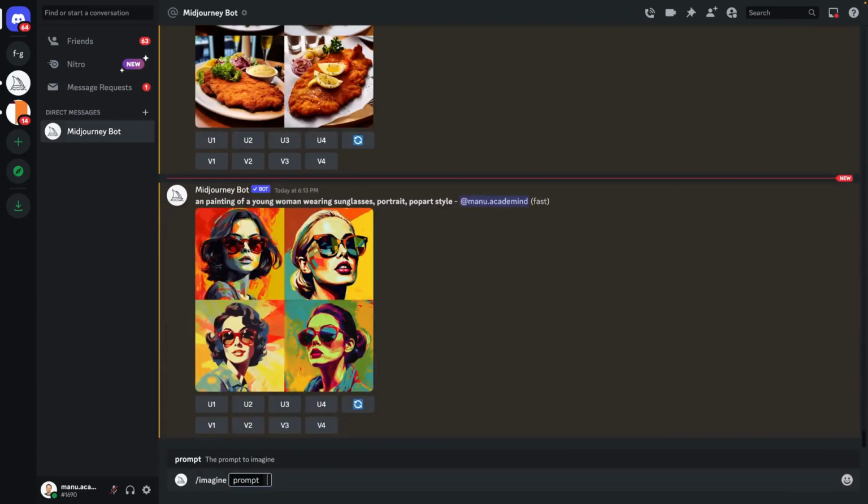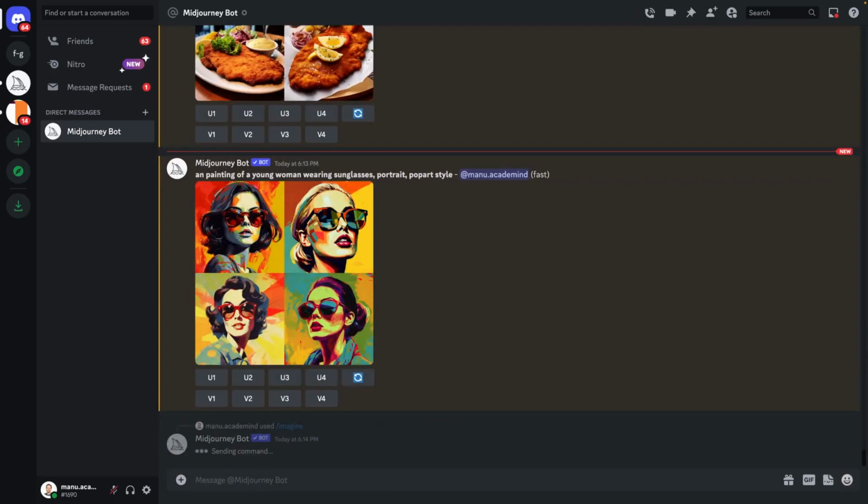For example, we can also add a painting of a man in cubism style. So a very, very short prompt. Here we can again make use of Midjourney's opinionated model that we are using here.